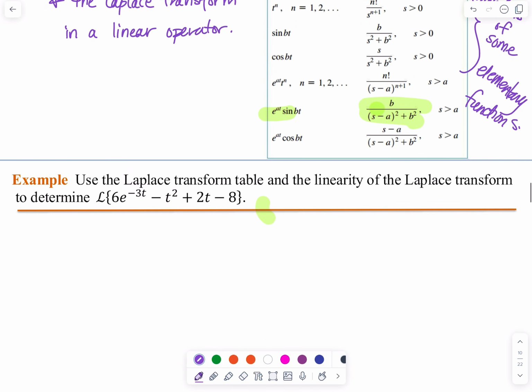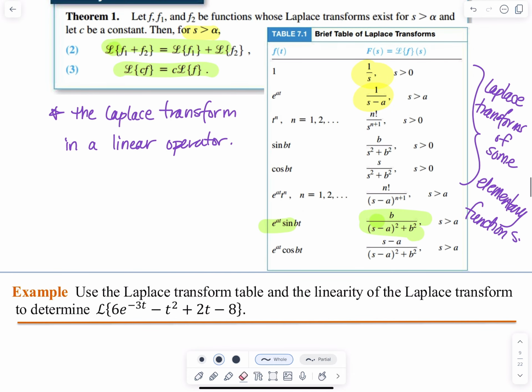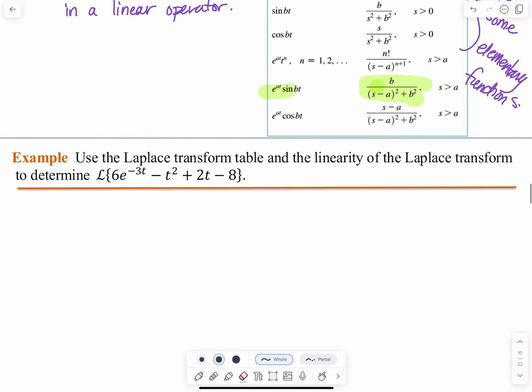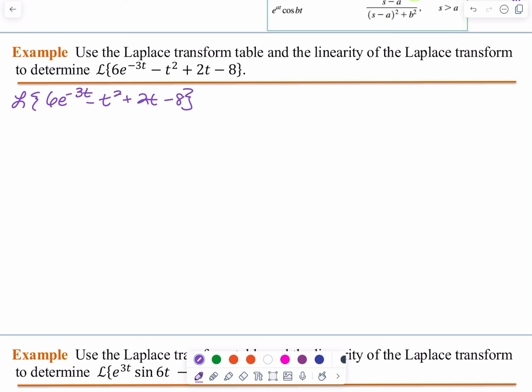So let's take a look at this example. Use the Laplace transform table, which was right there, and the linearity theorem to determine the Laplace transform of this given function. So let's go ahead and write that down. The Laplace transform of 6e to the negative 3t minus t squared plus 2t minus 8 of s is going to be equal to, and we're going to say by linearity, we have that that's equal to 6 multiplied by the Laplace transform of e to the negative 3t of s